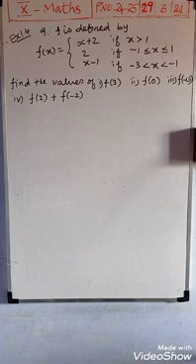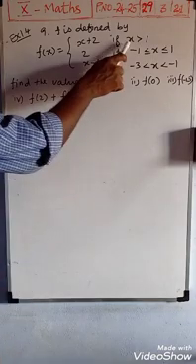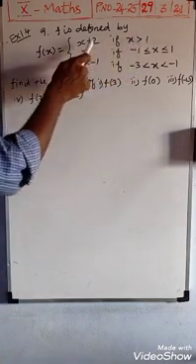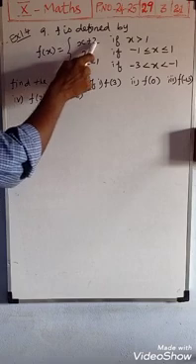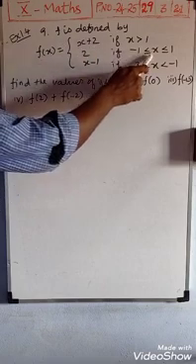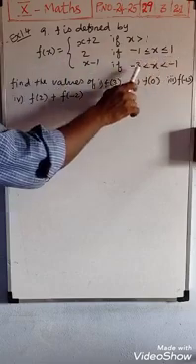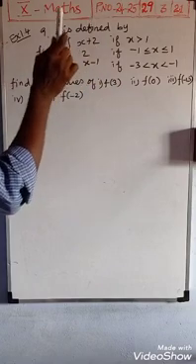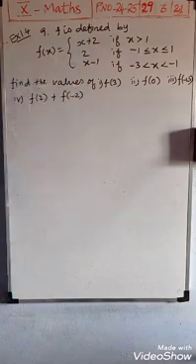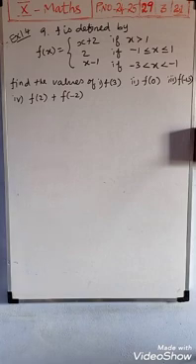Today we are going to discuss exercise 1.4, ninth question. A function f is defined by f of x. Here three function values are given and conditions are also given. If x is greater than 1, the function value is x plus 2. Next, if minus 1 is less than or equal to x is less than or equal to 1, the function value will be 2. Next, if minus 3 is less than x is less than minus 1, f of x will be x minus 1. Then we want to find the values asked in the questions.